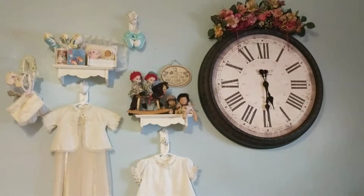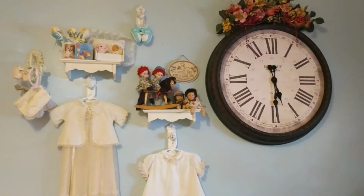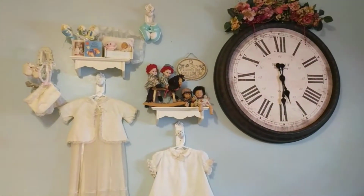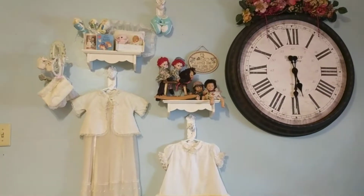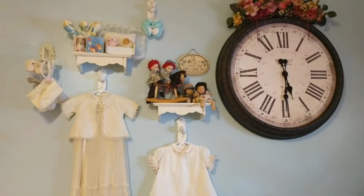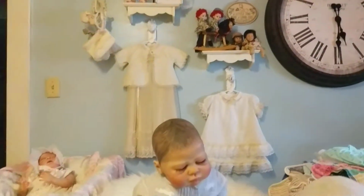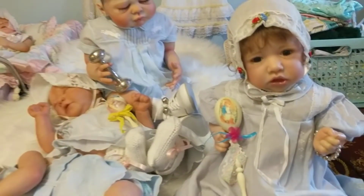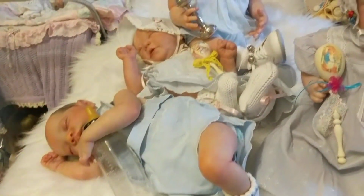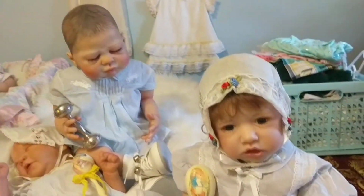I did a little decorating in the nursery. And actually, I didn't have rockets, not very much clothes with stars on, so I decided to go with blue. Blue vintage, as a matter of fact. And I got 4 darling little ones here